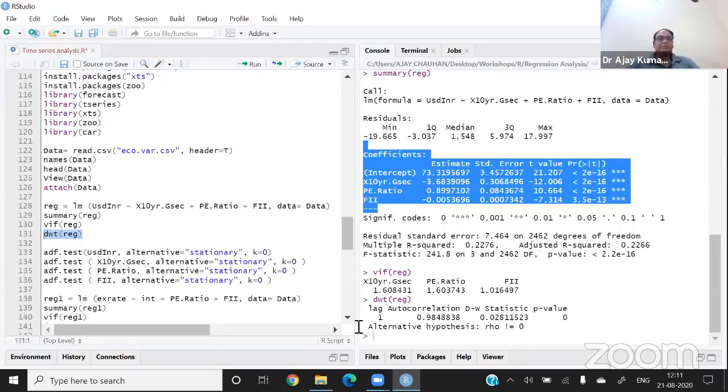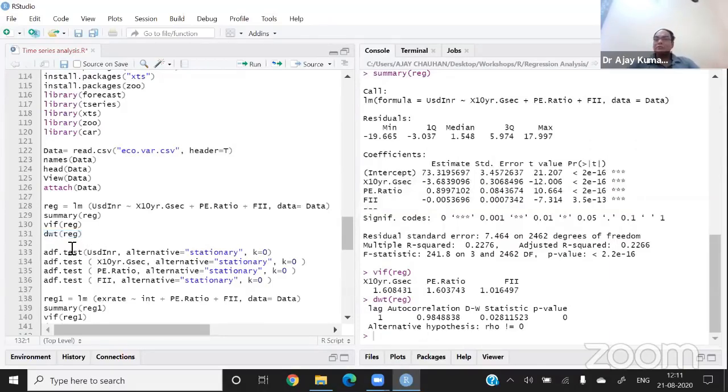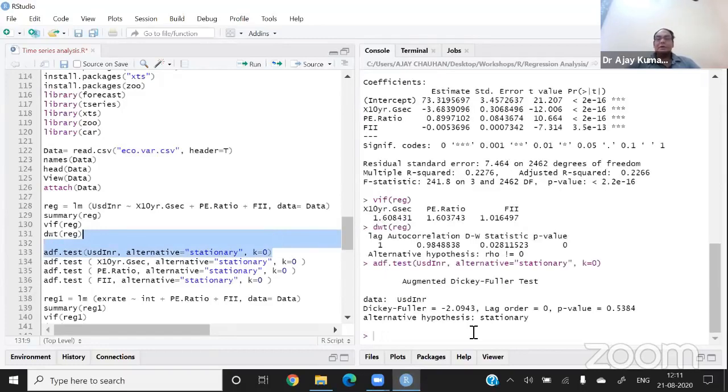So I have to check whether my series is stationary or not. Now I'm going to apply the ADF test, which I explained just now, first of all for USD. You can see that I'm applying the Dickey-Fuller test. Lag order 0, p value is 0.53.